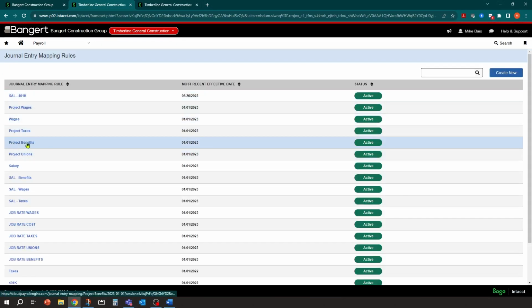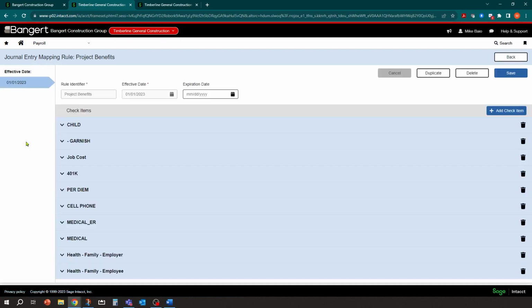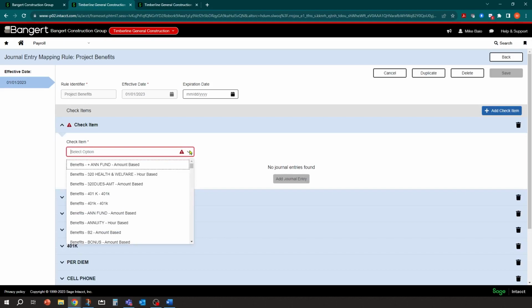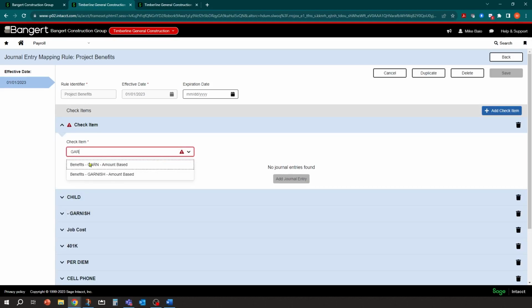The one that I have any employee deductions in is something called project benefits. So I'm going to go into my journal entry mapping. You notice the child support is already set up there. We're going to come in and add the new one we just created, which was our GARN. So there's that GARN one.